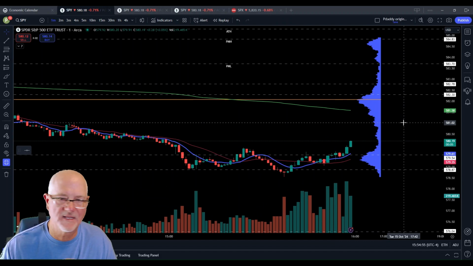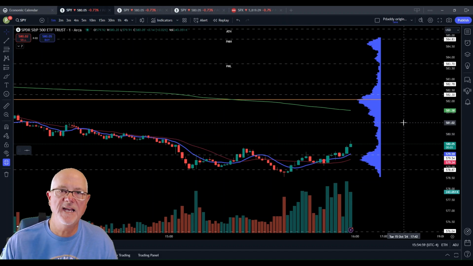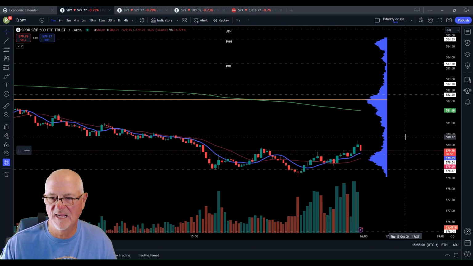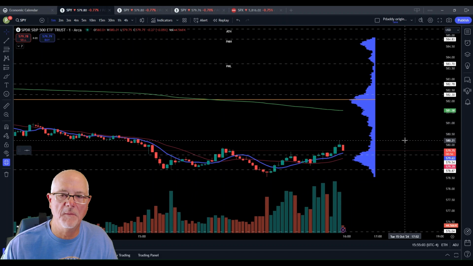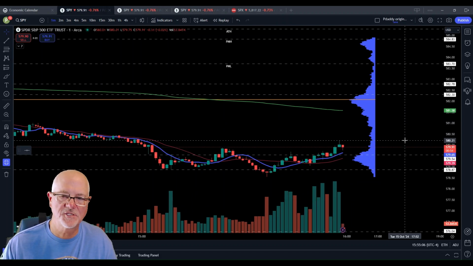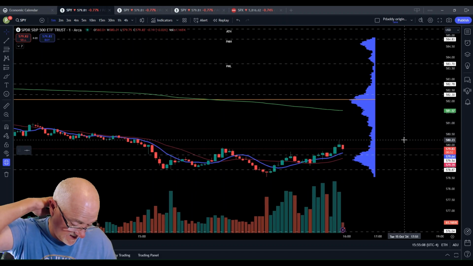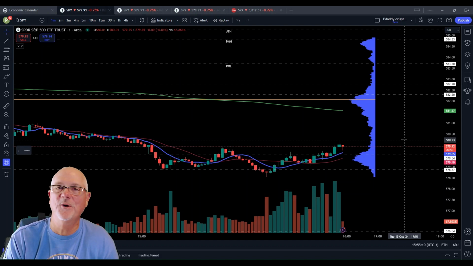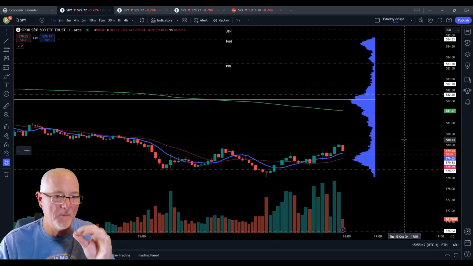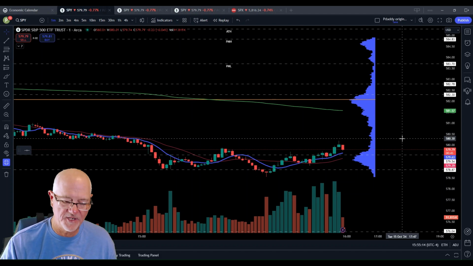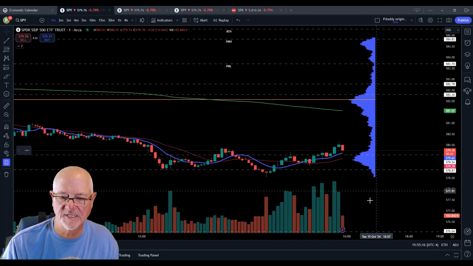We got about 5 minutes left to go in the trading day, folks, and it's a pullback. So yeah, nice little pullback. Late day scalps, folks. If you're taking a position late in the day, particularly with 10 minutes left in the trading day, make your plays scalps. Make your plays absolutely 100% scalps.